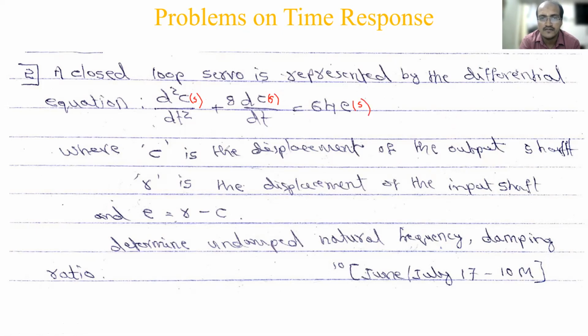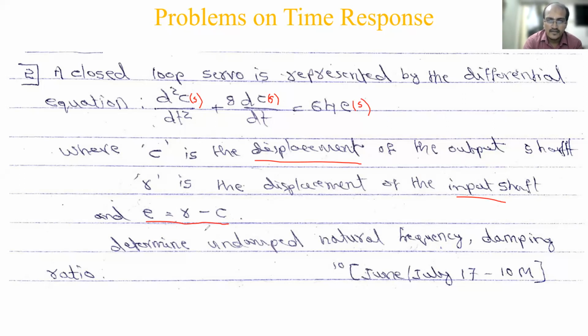Okay, for that they have given here where c is the displacement of the output shaft. In servo motors, shaft terms and all will come. So that displacement means output here. And r is the displacement of the input shaft. Input terms they have mentioned. That's why r is the input here. And where e is equal to r minus c. They have given e as an error signal, which is nothing but R minus C. So in the block diagram, you will get R of S and then C of S side you will get, right? So the feedback. That term they have given.